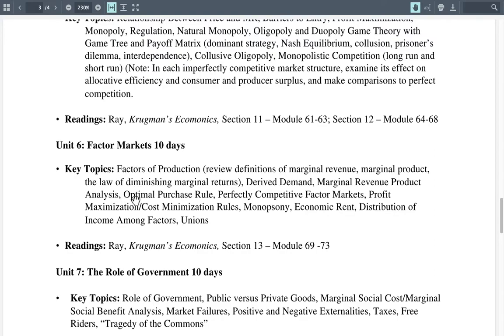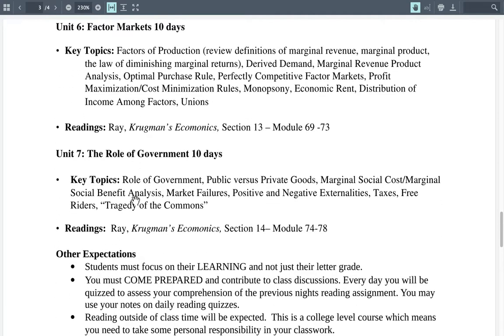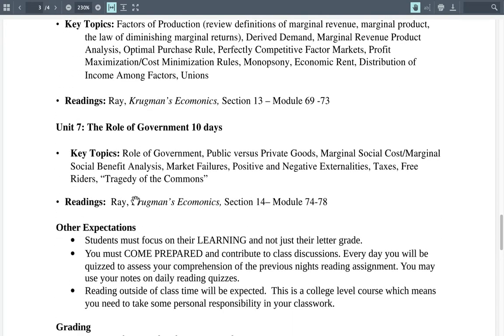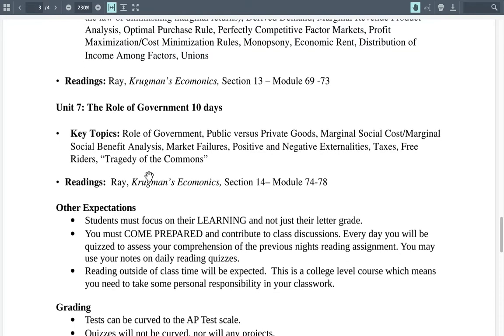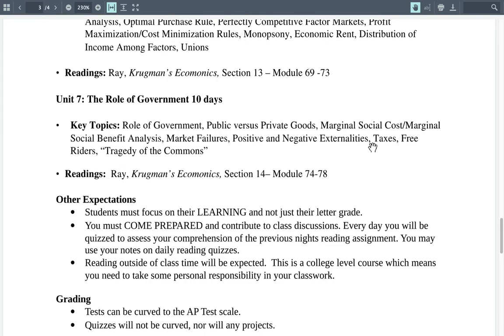Factor markets, we start looking at different resources that businesses must use and how they should make their decisions, whether to employ another person or to buy another piece of equipment. We look at the role of government. That's usually the last thing that we get to. So how does the government actually intercede in our economy? And we look at all sorts of things regarding taxes and other